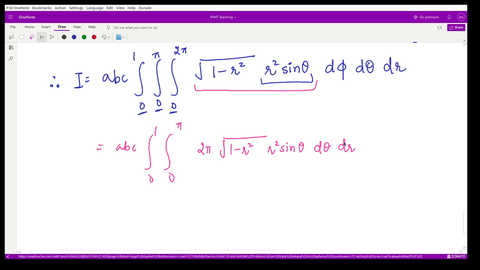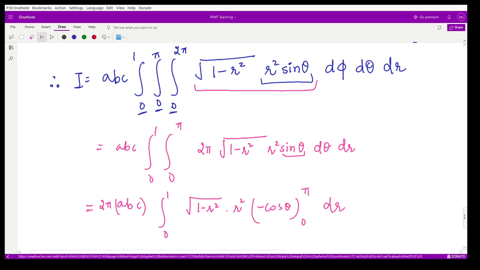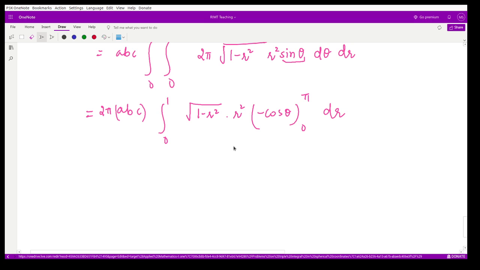The next thing is we have to perform its integration with respect to theta as well as with respect to r. So when you perform the integration with respect to theta, its integration would simply be this. So 2 pi could also be taken outside. So it would be this term as such, 1 minus r square into r square. The integration of sine is minus cos theta, and the limits for theta are from 0 to pi, dr as such. So this would be equal to